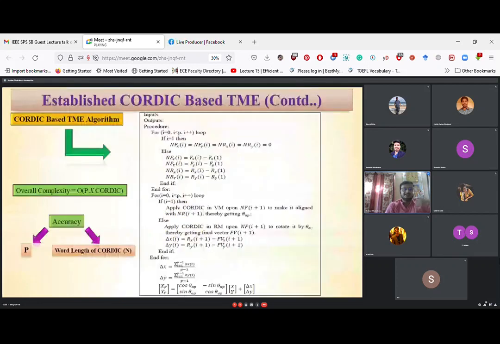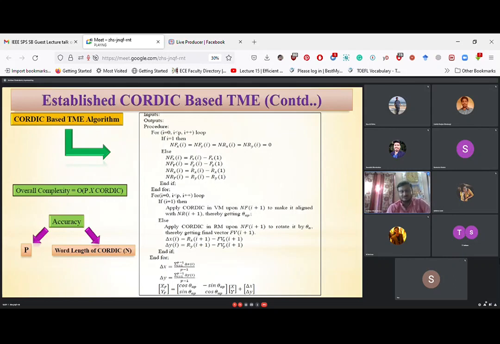Now, to make it even better, I have changed the Cortex algorithm a little, because we all know that the accuracy of the Cortex algorithm depends on the word length. Word length means if each of the values is represented by 8 bits, then Cortex offers a certain accuracy. If it is represented by 16 bits, Cortex offers higher accuracy, but with higher computation time. If it is 8 bit, then the computation time will be half that of the 16 bit. So the computation time and the bit width are linearly related in the case of Cortex. And also the bit width and the accuracy are linearly related.